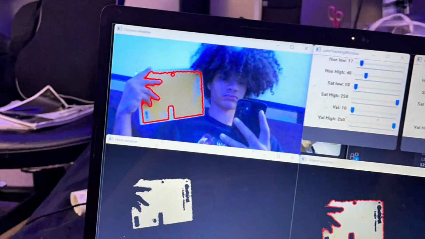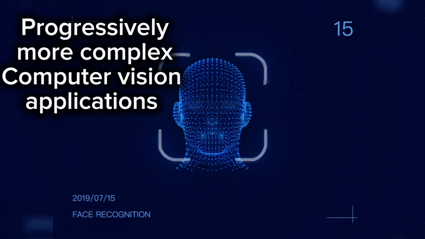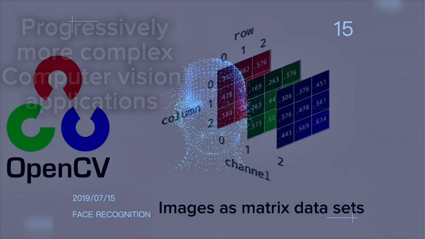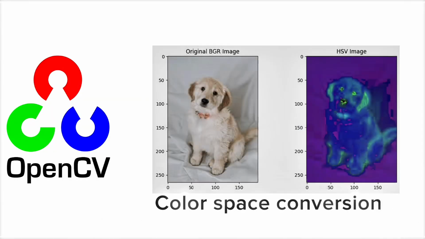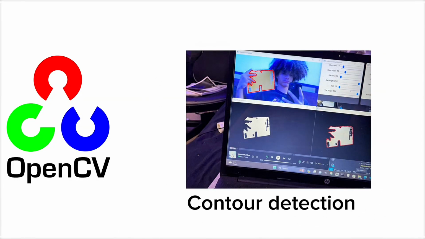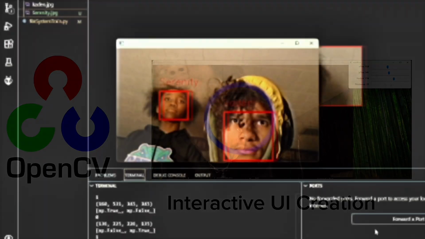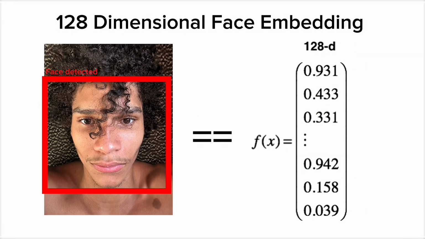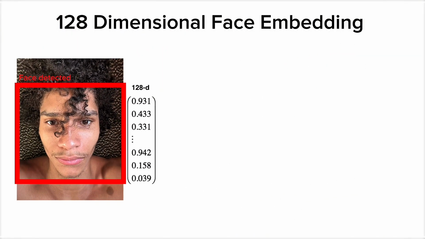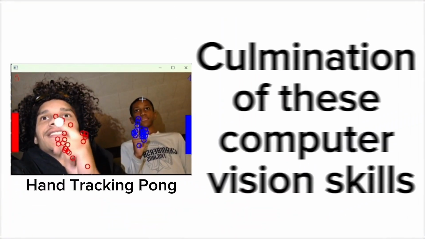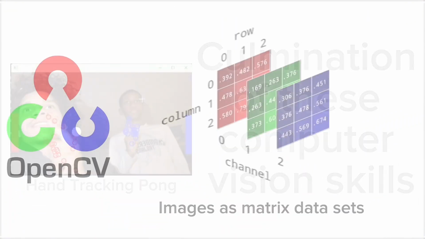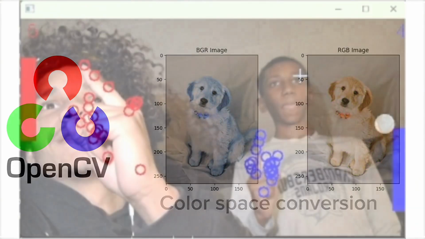Throughout my development journey, I've been building progressively more complex computer vision applications. My earlier work on OpenCV fundamentals gave me a strong foundation in working with images as datasets, which I then expanded on with facial recognition, using face encodings and real-time biometric processing. This hand-tracking Pong game represents the culmination of these computer vision skills, combining everything I learned into an interactive gaming